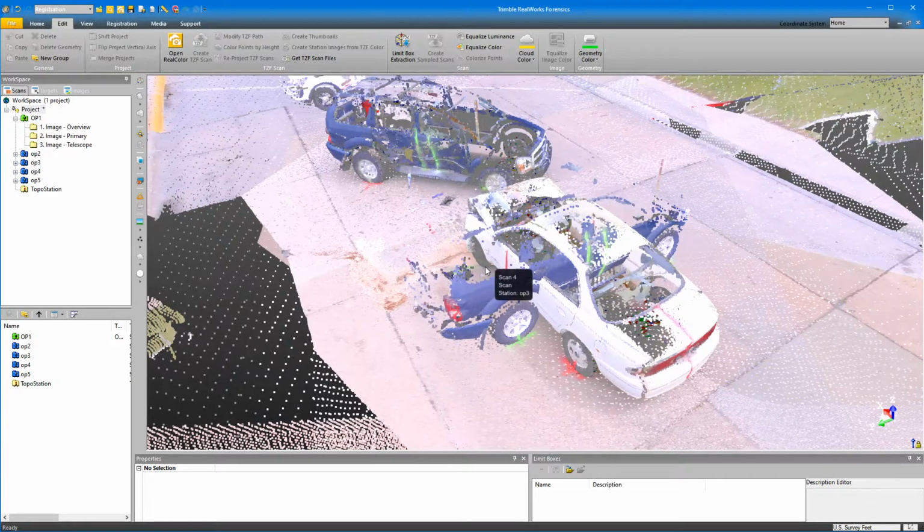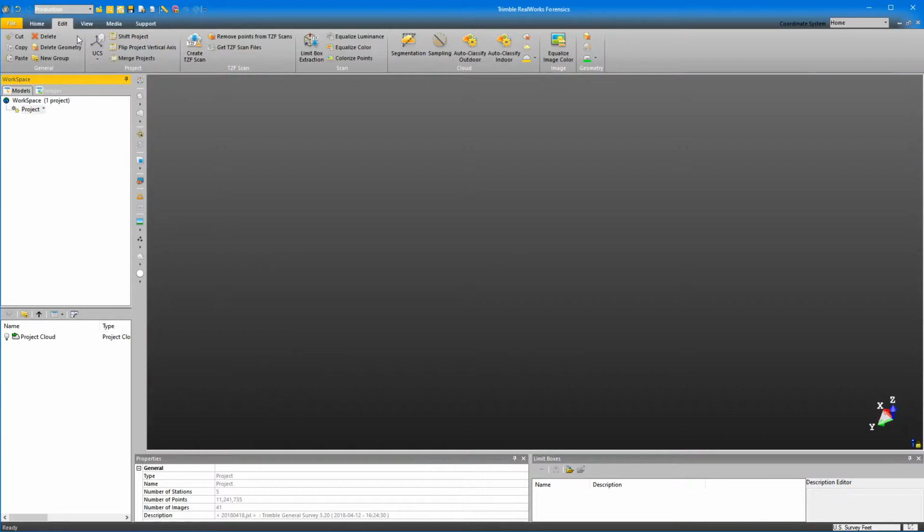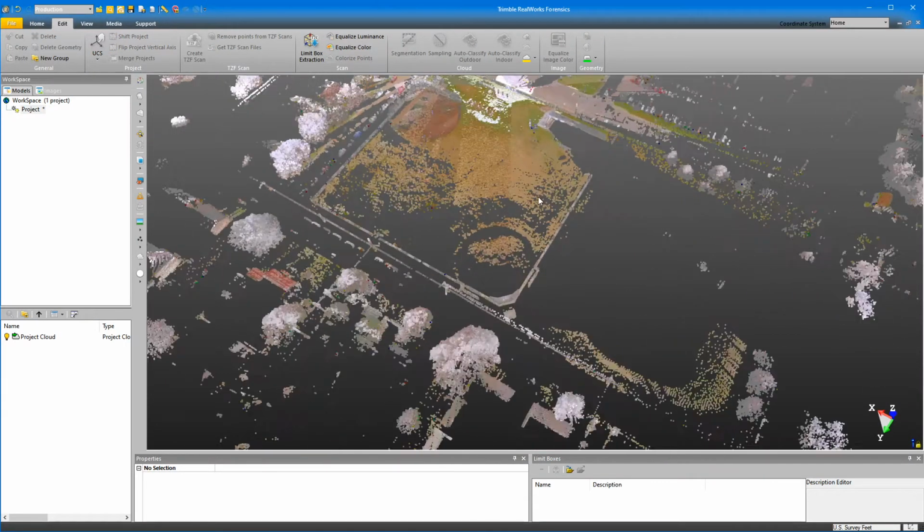Now the difference between these two modes is that in registration mode, you're dealing with scans. In the upper left in your workspace, you'll notice that it has our OP1 through 5, and these were station setups, and each of these setups had a scan in them. So right now we're dealing with scans and locking scans together. However, when we move over into production, now we're dealing with point clouds. You can see down here in the bottom, we now have our project cloud, and we're dealing with one whole